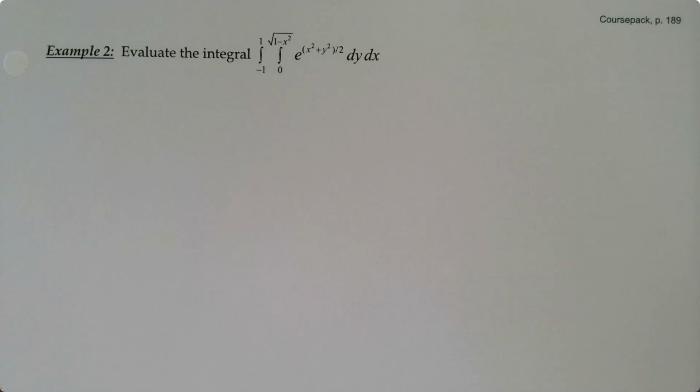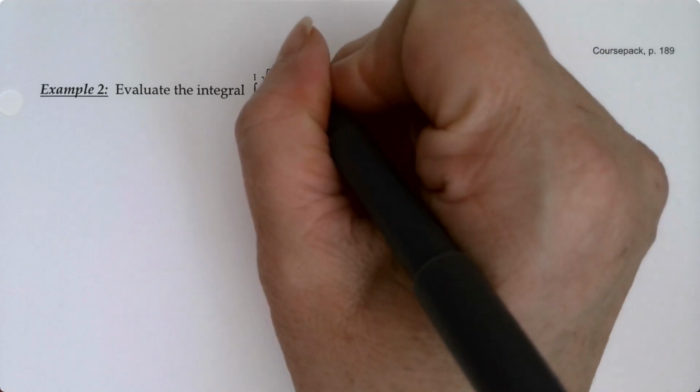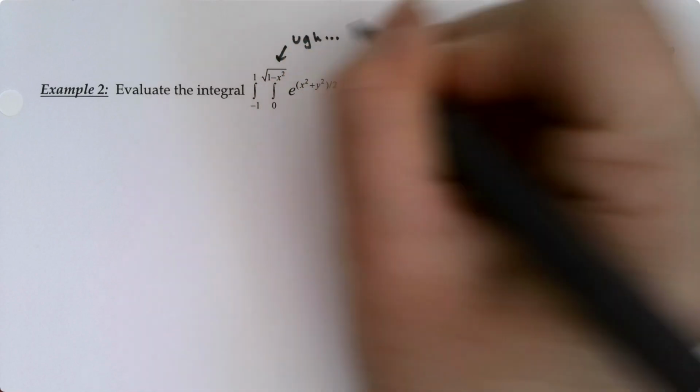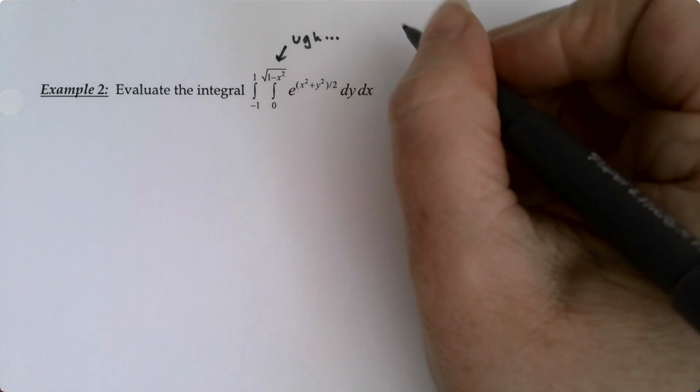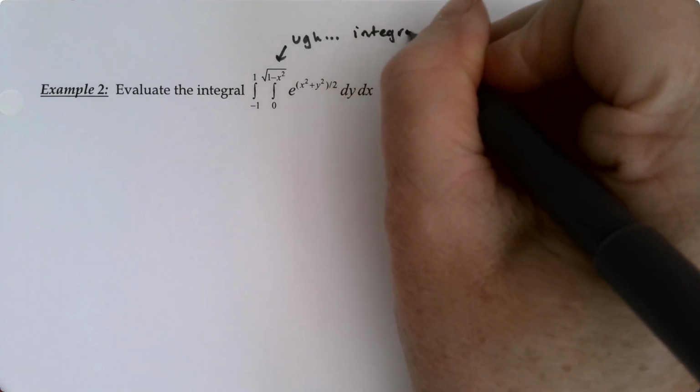So on this page, we're going to look at a couple examples that seem like they're in rectangular, but they're not going to stay that way. All right, so for this particular one, example 2, we're asked to evaluate this integral. So we're looking at the integral and it's got dy dx in it. But look at these coordinates. Ugh, just ugh. The integration in rectangular is terrible. We don't like dealing with ugly